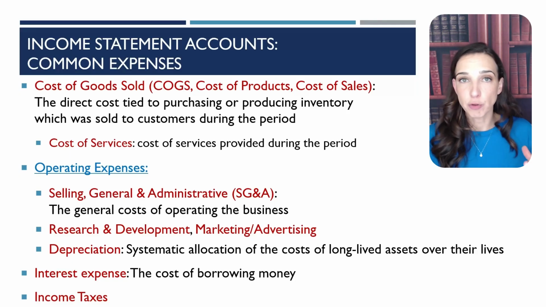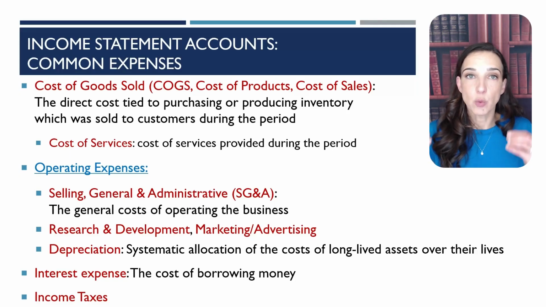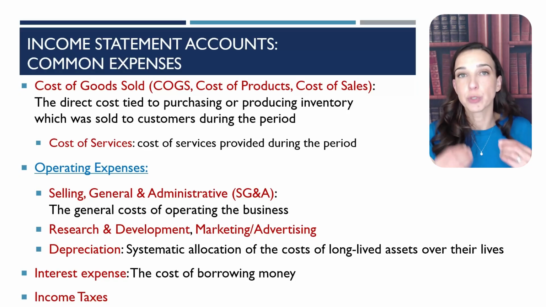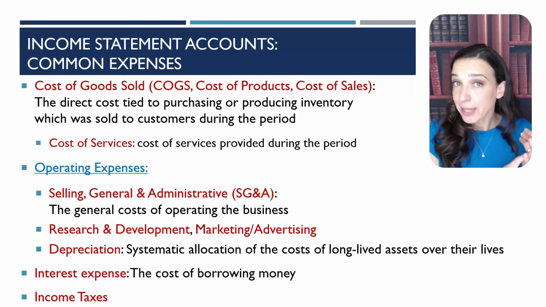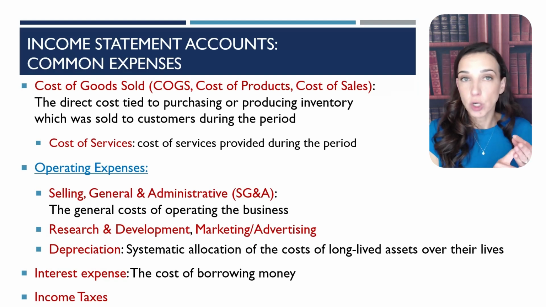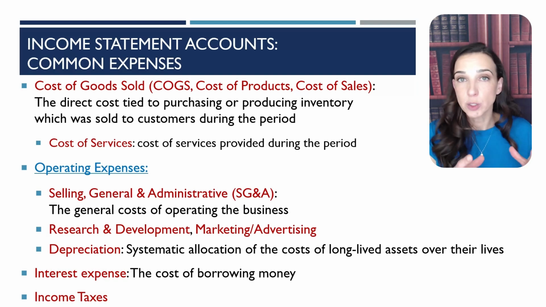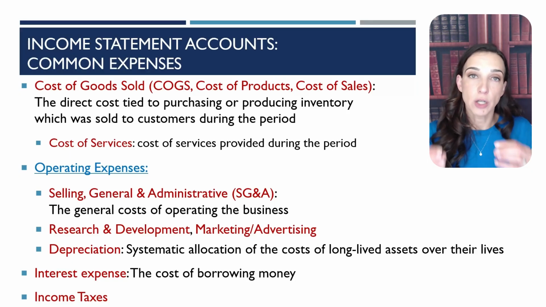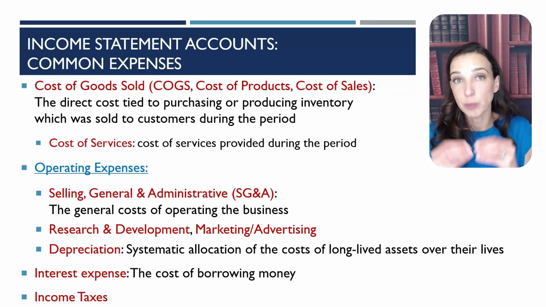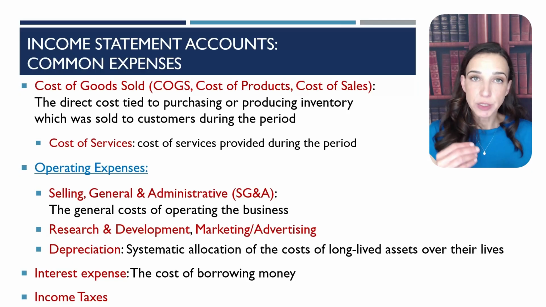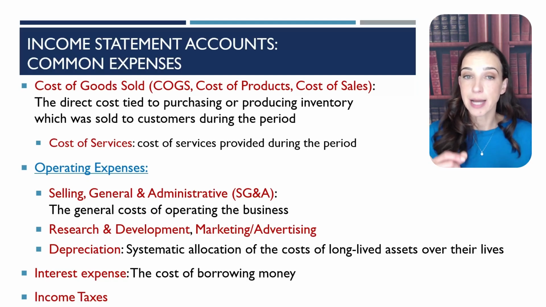If you're a manufacturing firm, what are the things that you had to incur directly to produce inventory? You had to buy that inventory, you had to ship it to your warehouse, you had to pay the workers to work on it directly, you had to insure it while it was in your warehouse. All of those are directly tied to the inventory production. And importantly, let's look at the second part of the definition. These are the direct costs tied to purchasing or producing inventory that was sold to customers during the